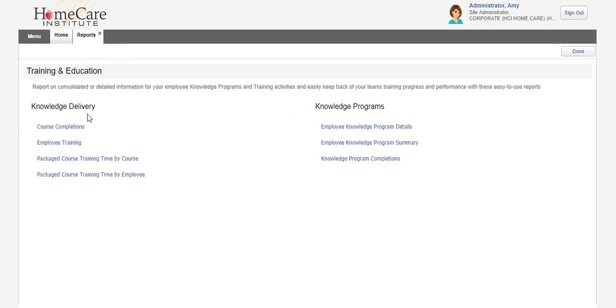On the left-hand side, under Knowledge Delivery, this is going to give me course information, but it's not going to tell me anything about knowledge programs in particular. Even if a course is a part of a knowledge program, it will still show here, but it won't tell me whether or not the courses are part of a knowledge program. So in order to run a knowledge program report, you'll want to select one of the courses on the right-hand